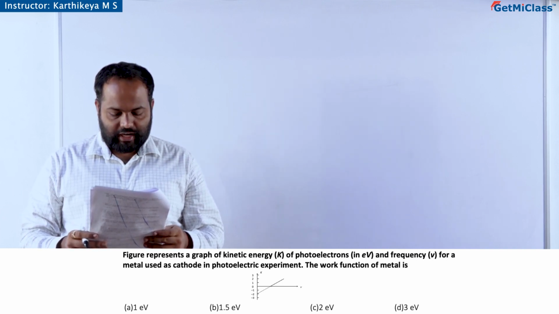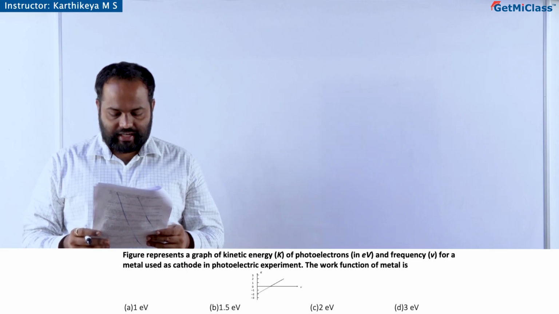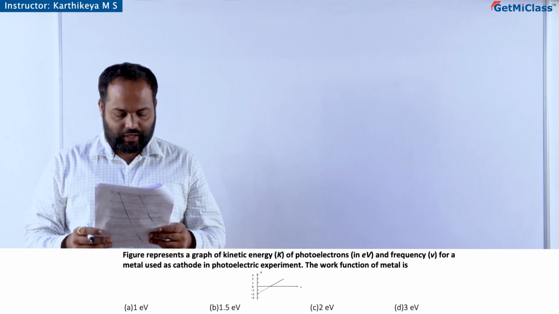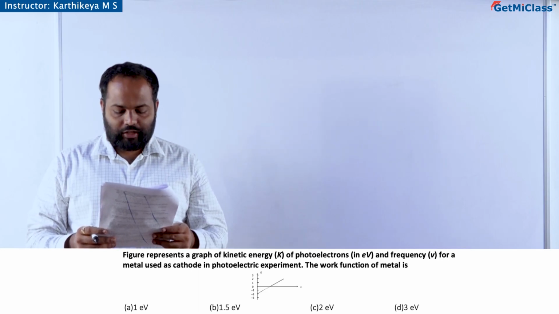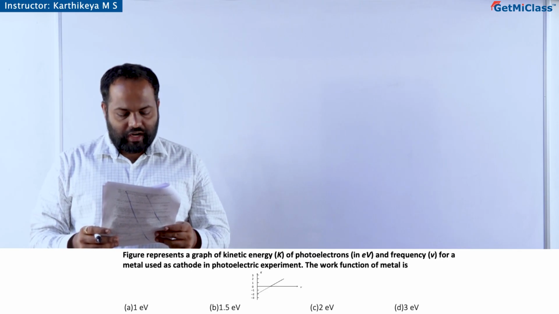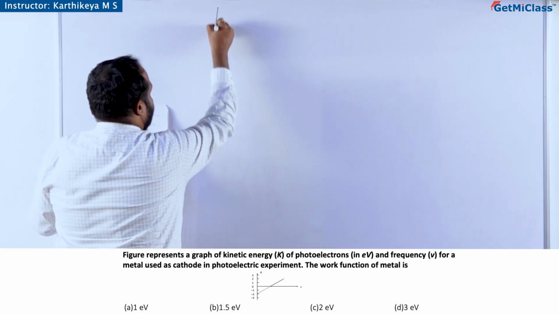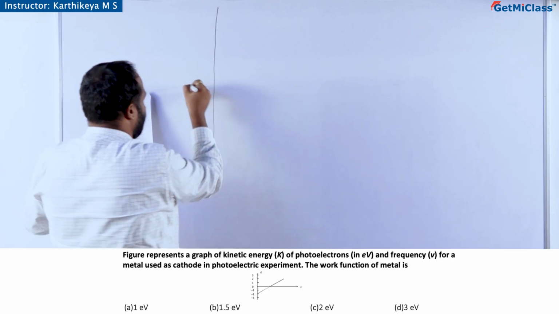Figure represents a graph of kinetic energy K of photoelectrons in electron volt and frequency nu for a metal used as a cathode in photoelectric experiment. Work function of the metal is. So, if you see the graph now,